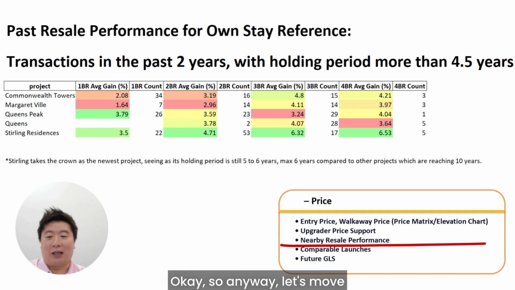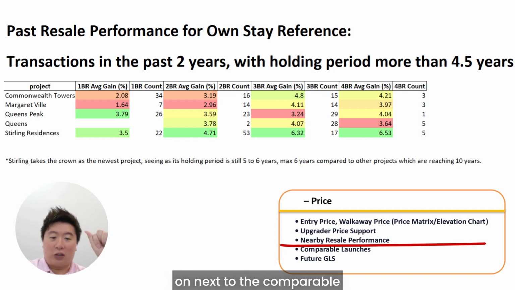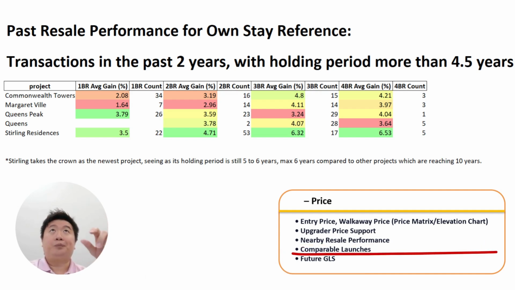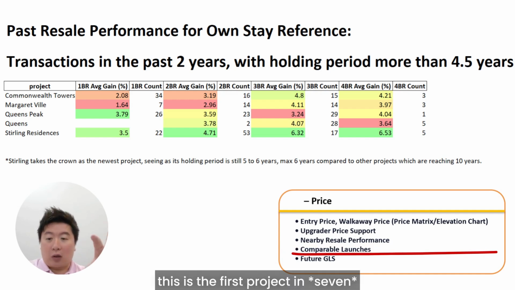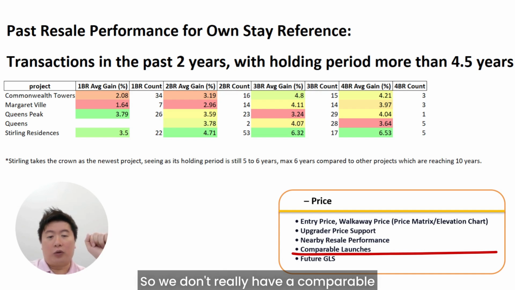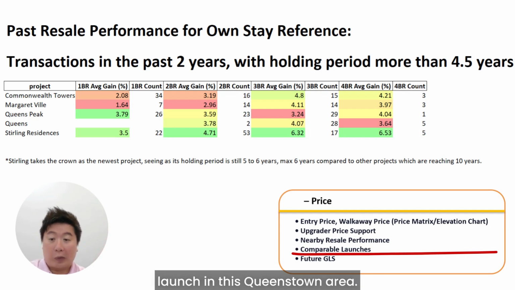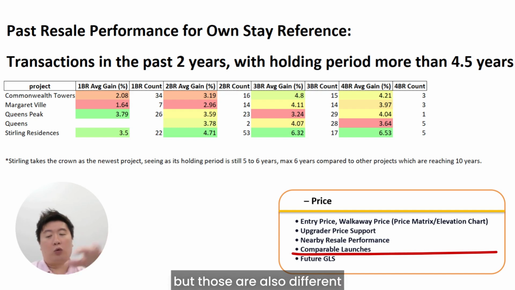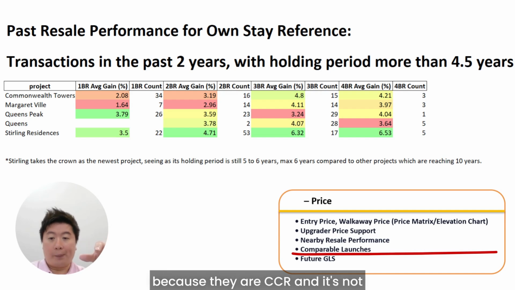Yeah. Okay. So anyway, let's move on next to the comparable launches and future GLS. Oh, actually, let me just quickly talk about comparable launches here. So for the case of Penrith, right, this is the first project in 8 years for the Queenstown area. So we don't really have a comparable launch in this Queenstown area. I guess we can talk about Sky Holland and maybe Zion Grand, but those are also different because they are CCR,